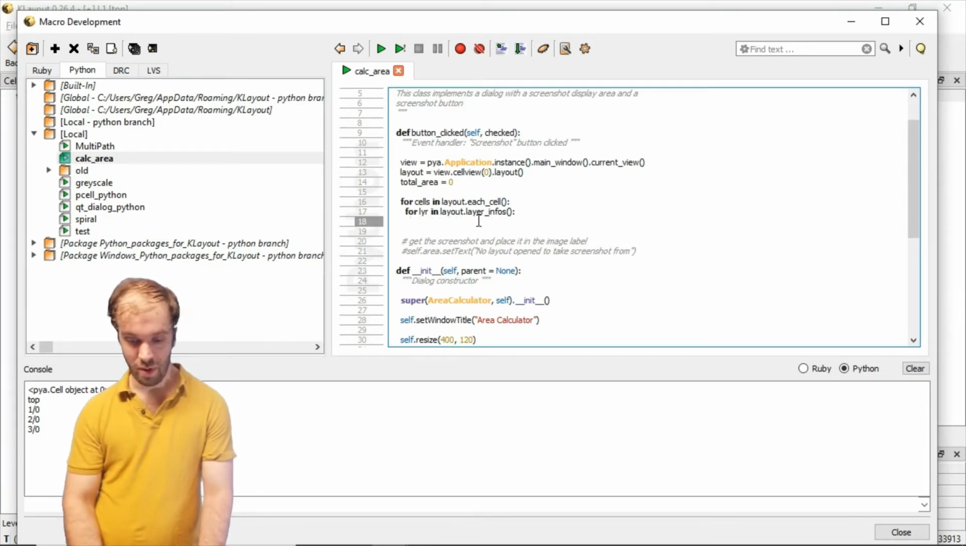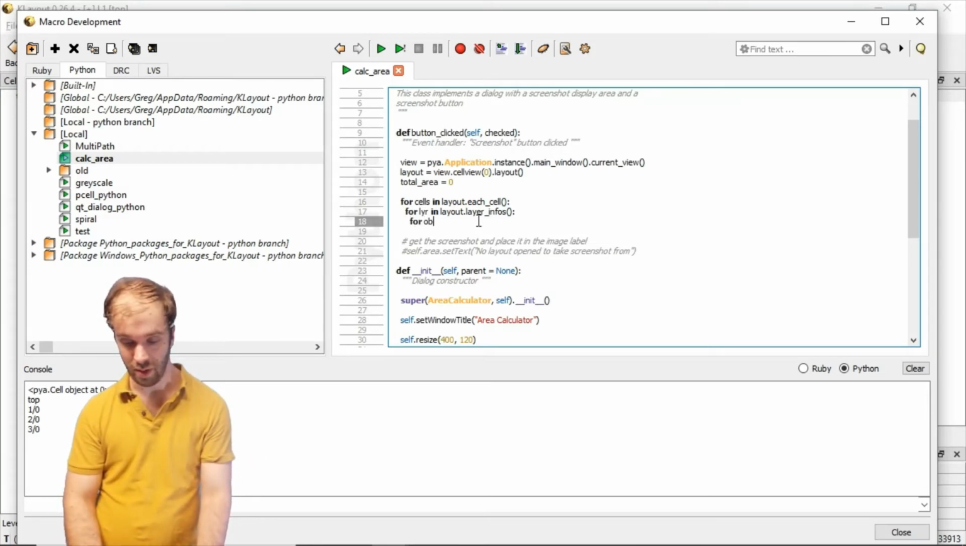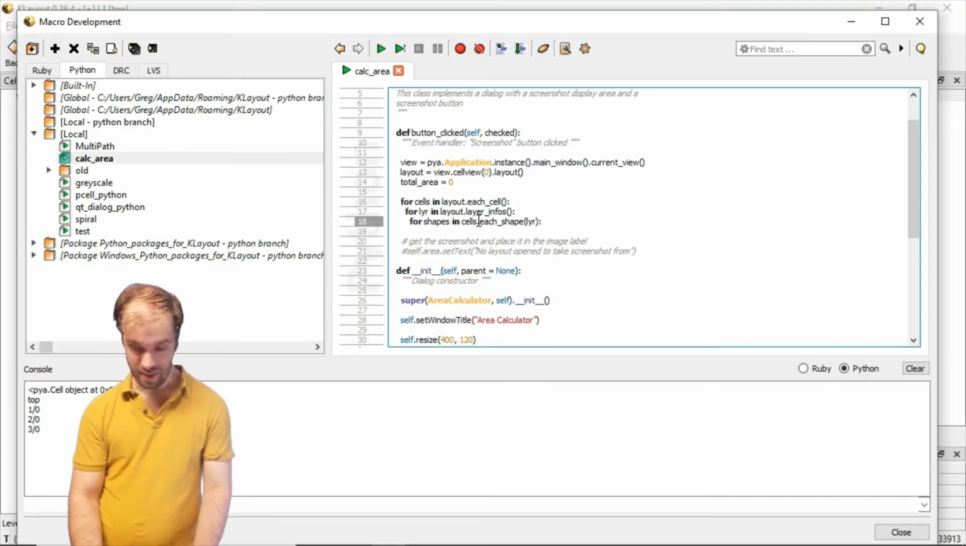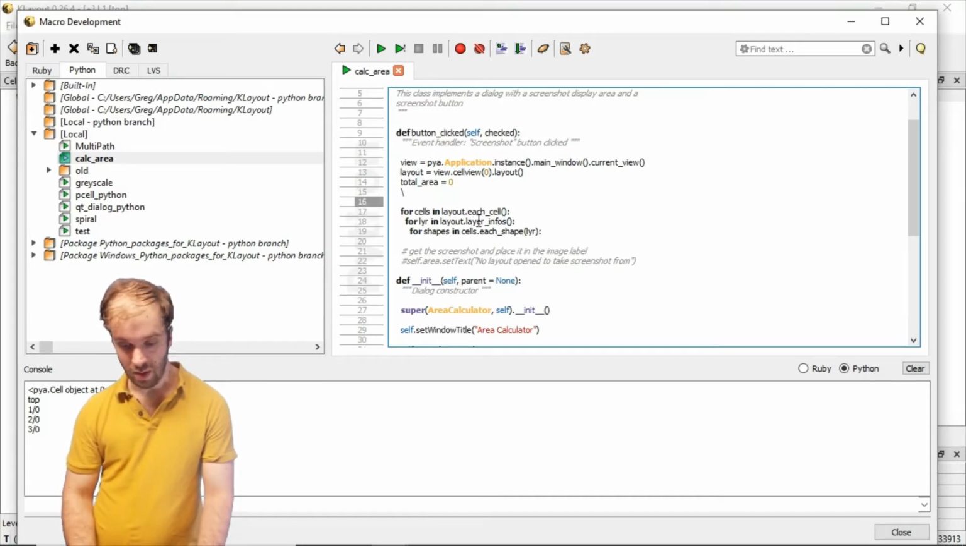The next thing we want, now that we've got the cells, we've got the layers, we want to actually look through the objects. So here we're going to say for objects, this is kind of your shapes. So let's call it shapes. Shapes in cells dot each shape of the layer. And actually here, it's not the layer, it's the layer index. So let's make a new variable here. And let's call it layer index. And I'm going to set that to layout